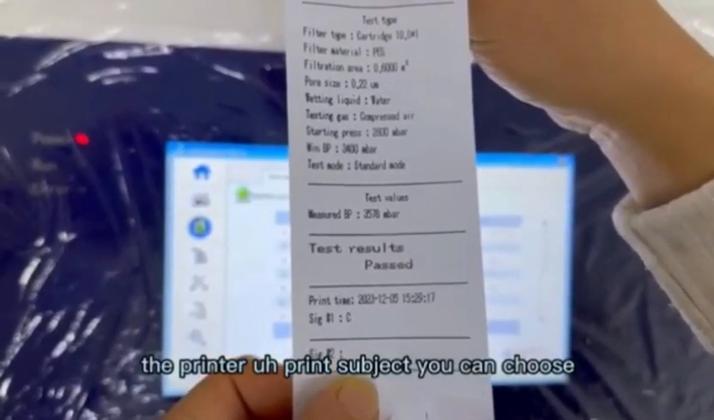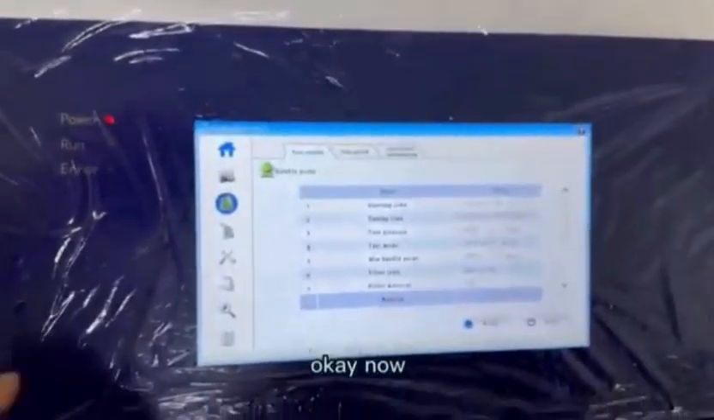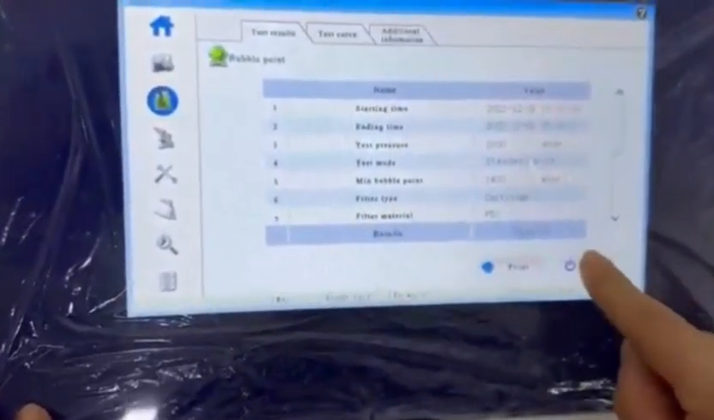For the printer, you can choose the print subject. Okay, now